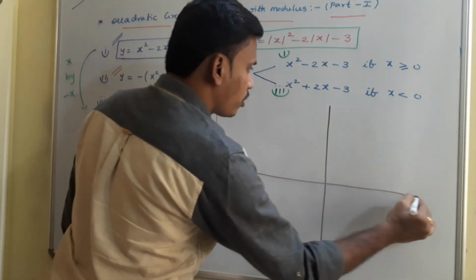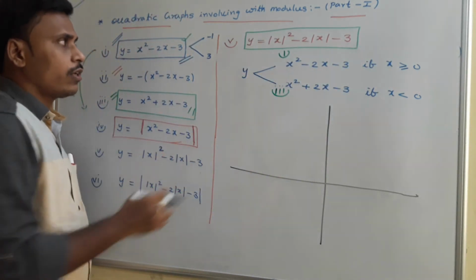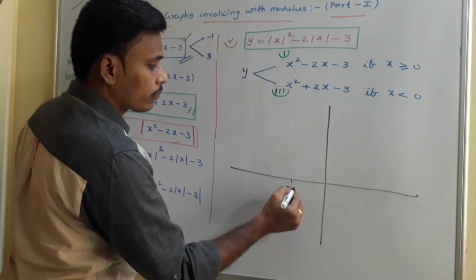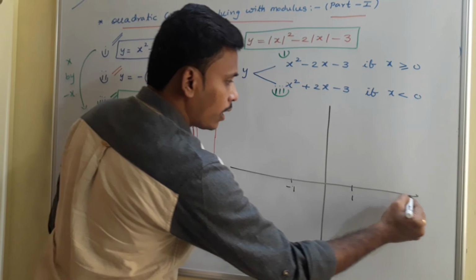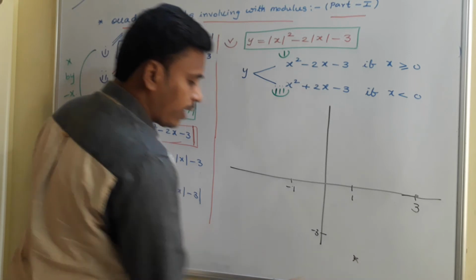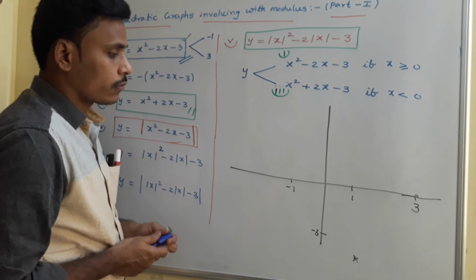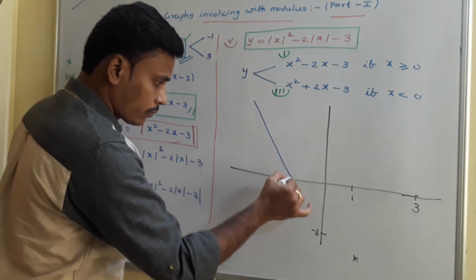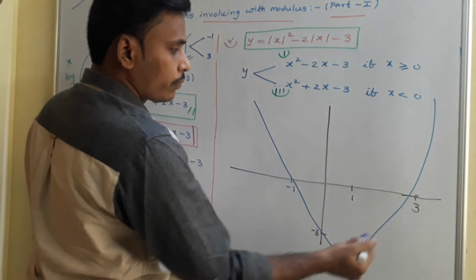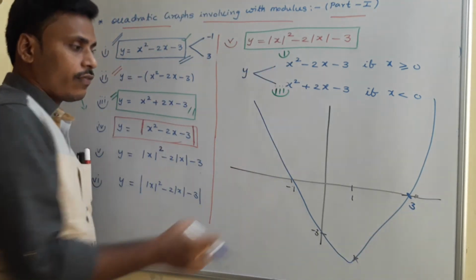First of all, sketch the first graph, and then consider it in the positive region, neglect it in the negative region. To consider the first graph, here you have minus 1. See, somewhere this is 1 and this is 3. Okay, and again this is minus 3. You have a peak like this. So you may consider it as 3, no problem. So this is the graph of the first expression.